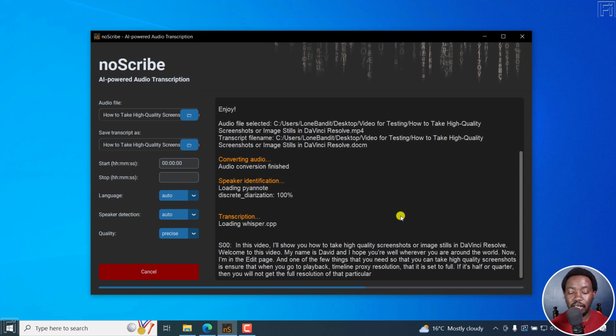Now, I'm in the edit page, and one of the few things that you need so that you can take high quality screenshots is to ensure that when you go to playback, timeline proxy resolution, it is set to full. If it's half or quarter, then you will not get the full resolution of that particular